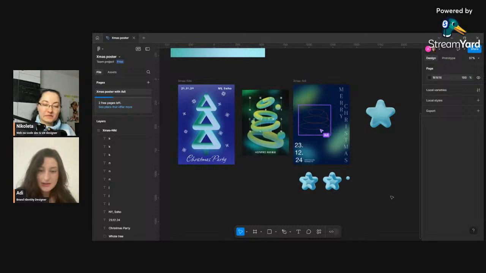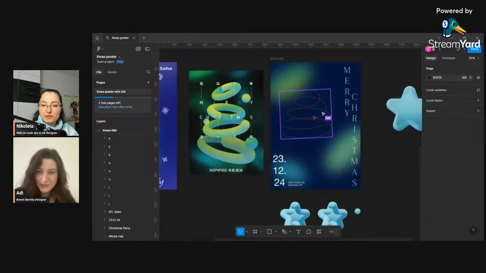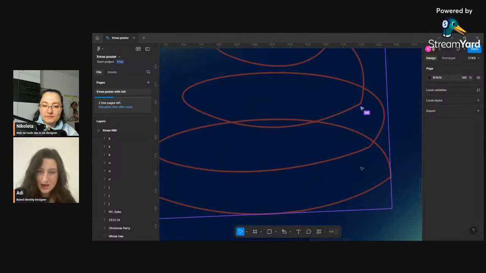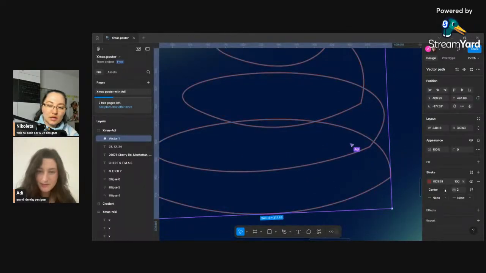Yeah, it doesn't have a smooth tool, so my tree is looking a little bit rough. Rough around the edges. Do you mean the stroke or something? Yeah, you see how all of a sudden I have a break over here? It's like a point. I know what you mean. Maybe go on the stroke and